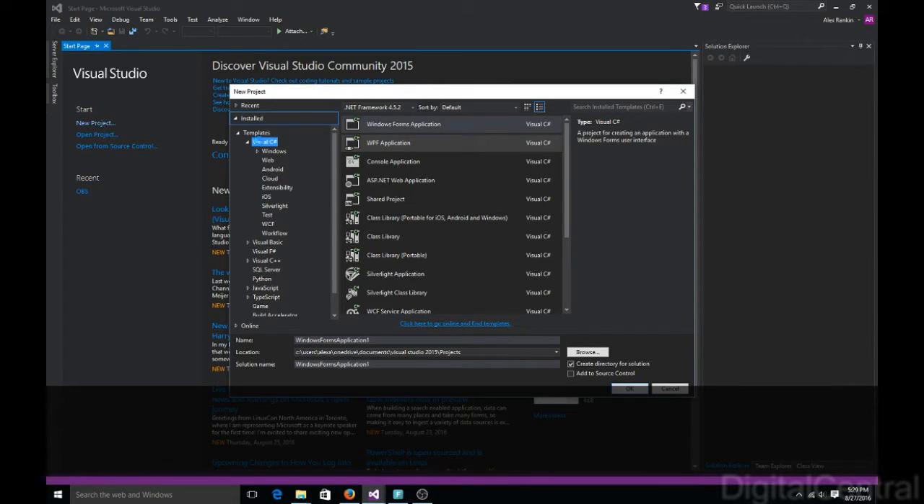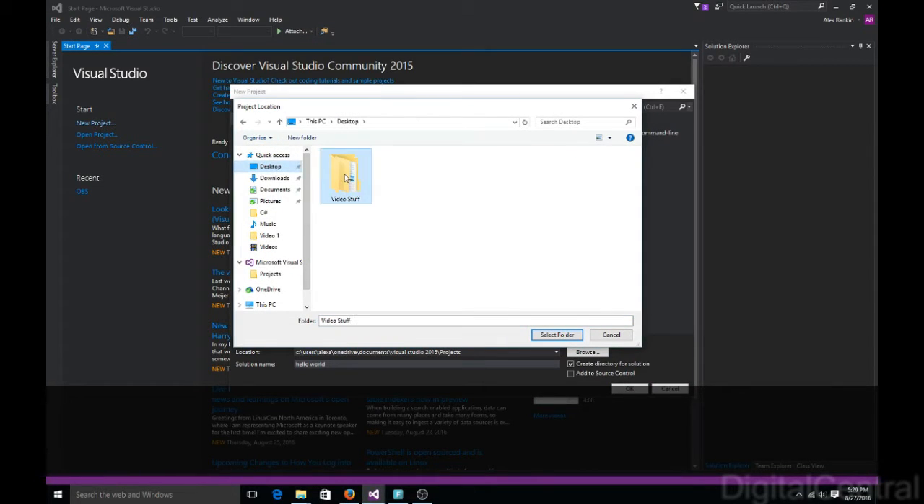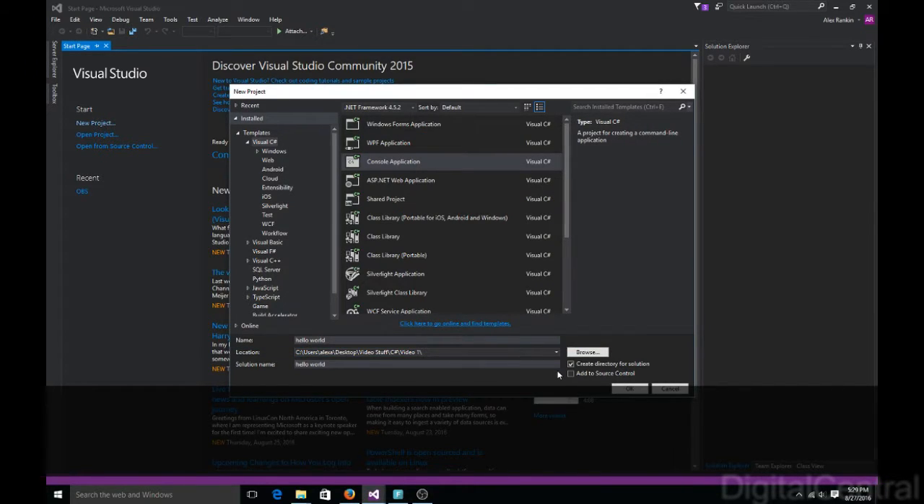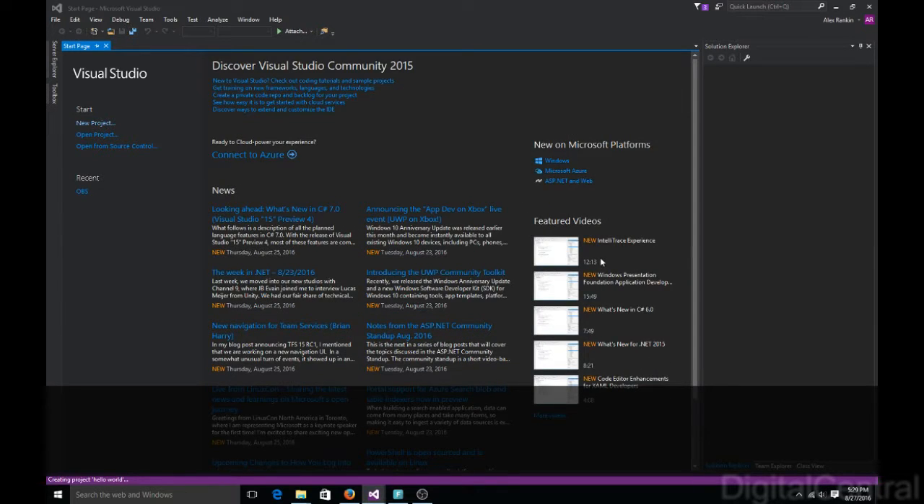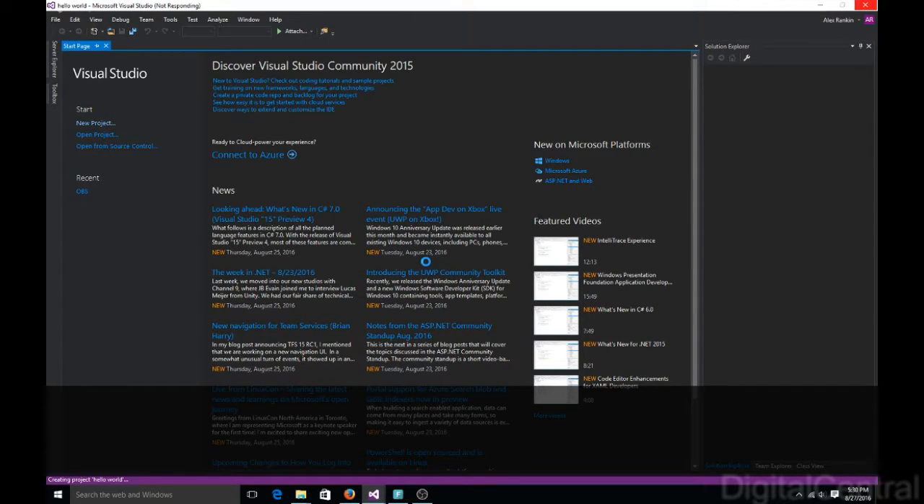and then make sure Visual C# is selected here. Click Console Application. You can name it whatever you want. I'm going to call it Hello World, and I'm going to save it to here because this helps me keep these videos organized. Anyways, press OK. It'll create the project, and then